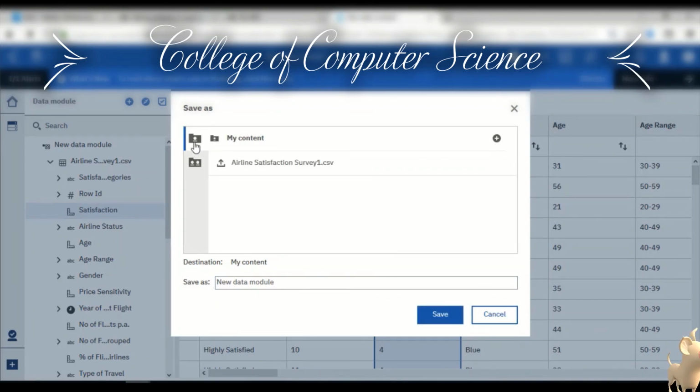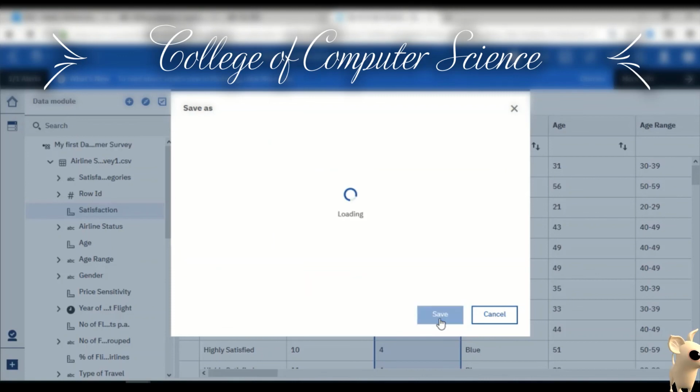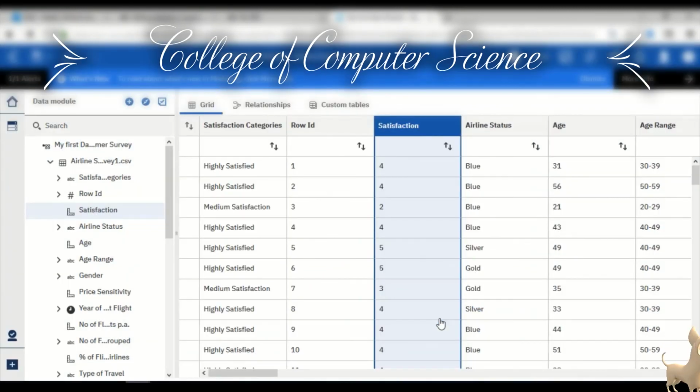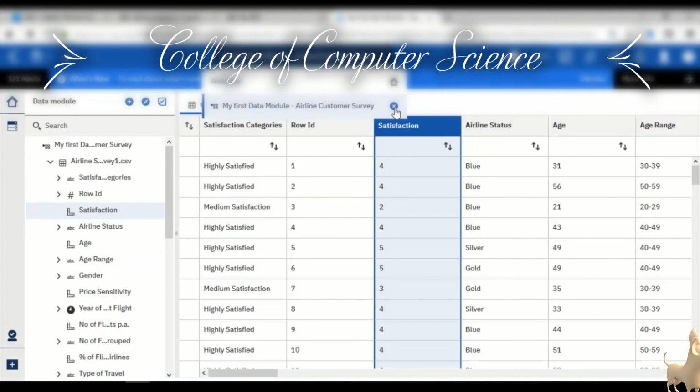Since I don't want to share it anywhere, I am going to save it as my first data module, airline customer survey, and just save it in my content. There you go. Now we can close this and continue. To close that, just click on this and you will see